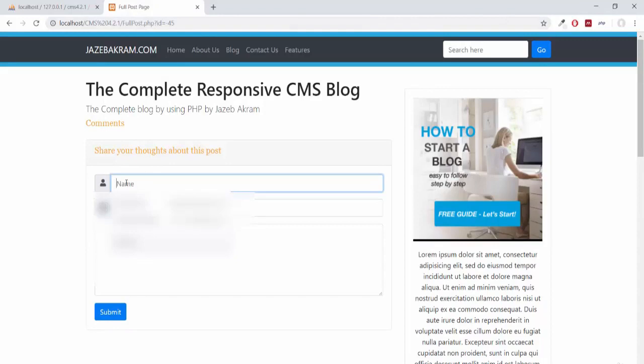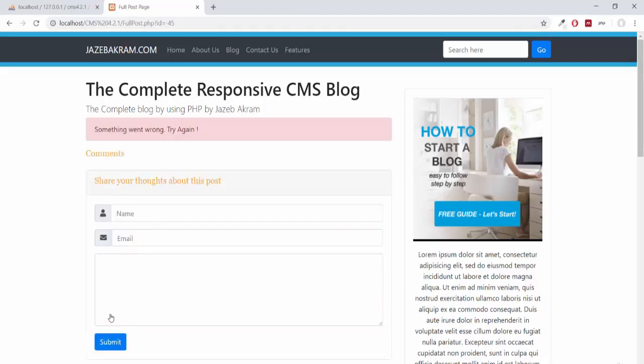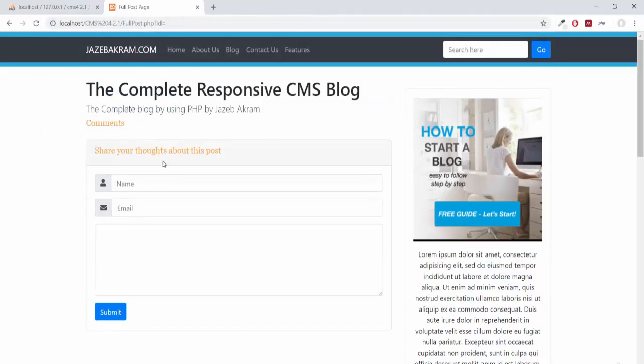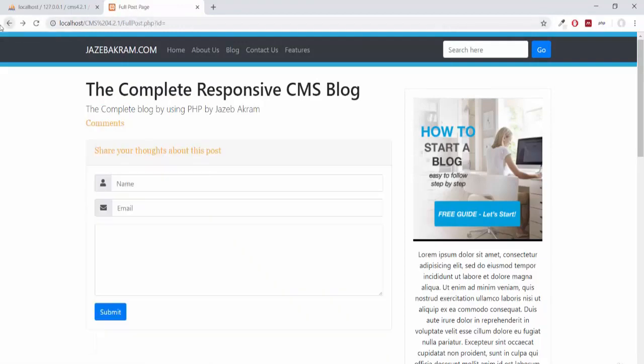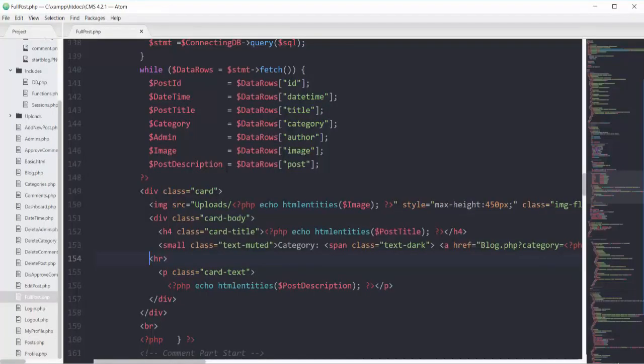If I give it some comment like this and submit, it says something went wrong, try again. If I remove this whole 45 from here and press enter, you can see we are still having this comment section. If I remove all of this from here, then I'm redirected to the page of blog.php. So we have to make sure that when this ID is not the right one, we should not show this form here. So this file of fullpost.php,